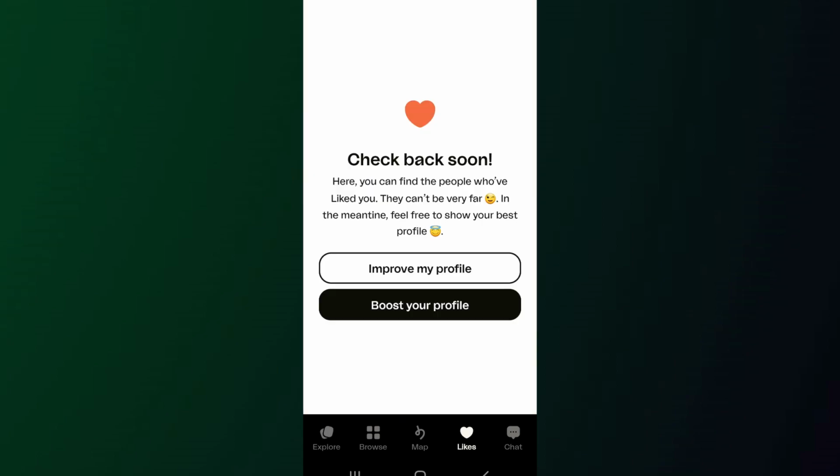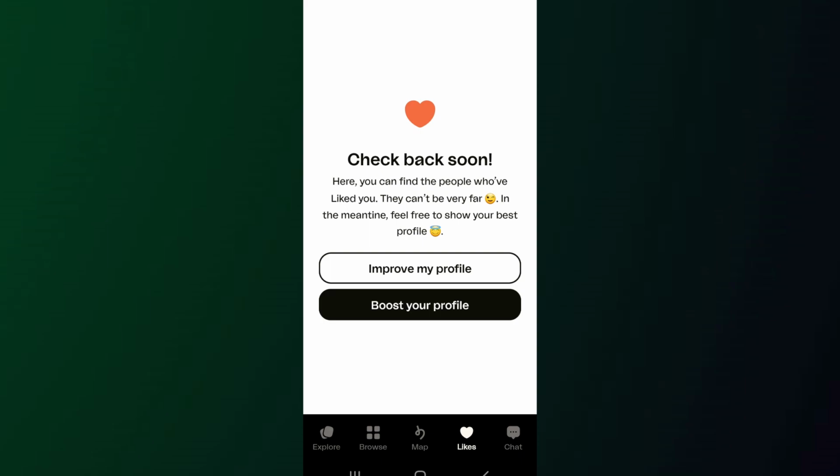Then you will enter the likes section. At this screen you will see the profiles or photos of the people that have liked you on the app. However, the photos will be blurred out and you won't be able to see their faces or pictures clearly. Since it's a new account, I don't have any likes on the app. However, in your case, if someone likes you on the app, you'll find the blurred photo of their profile in